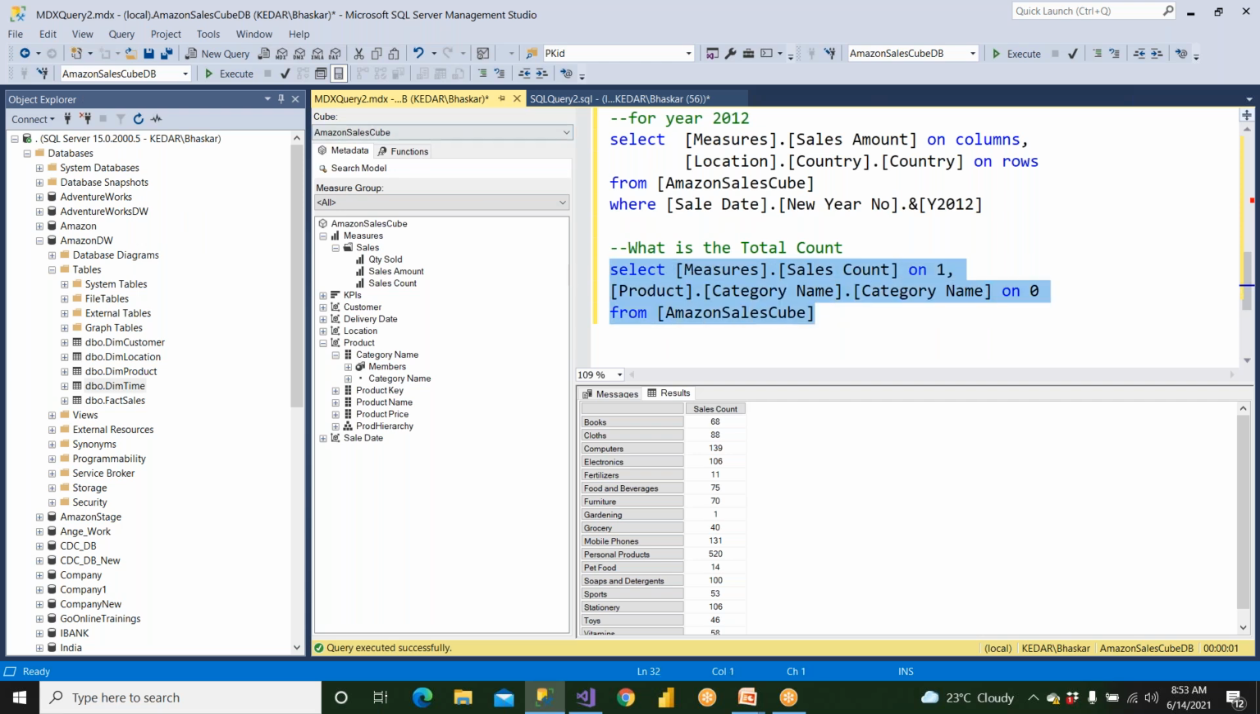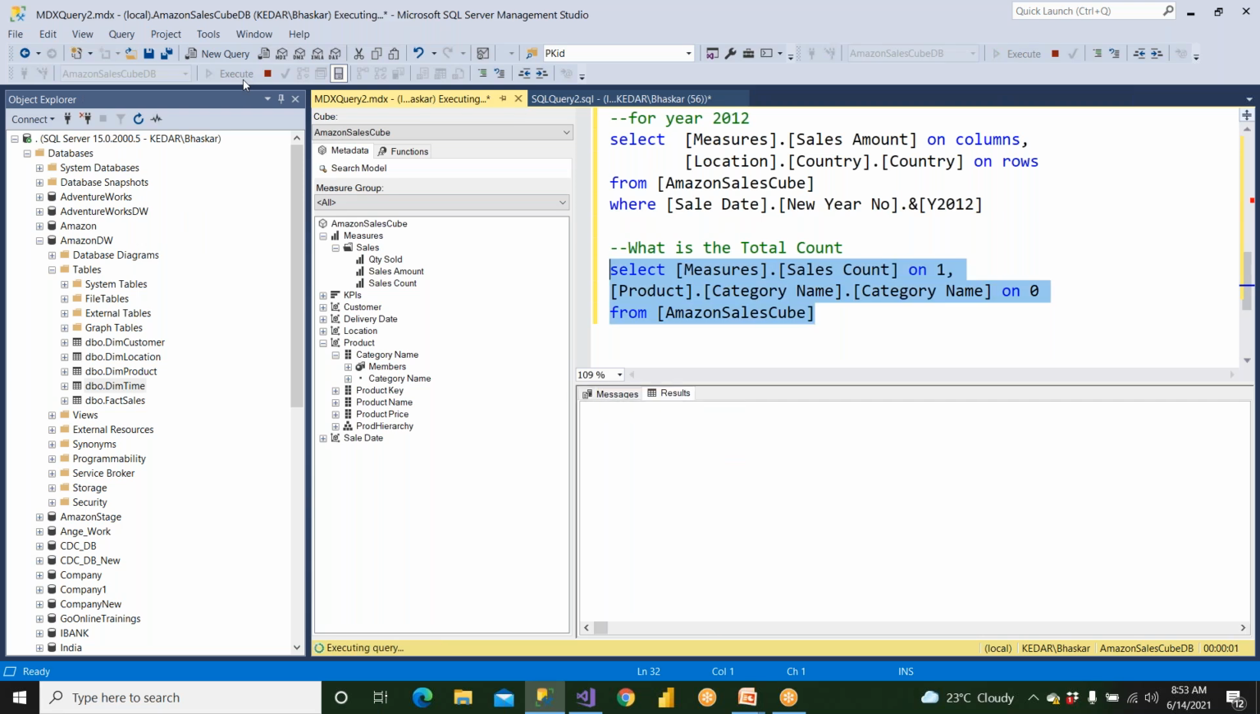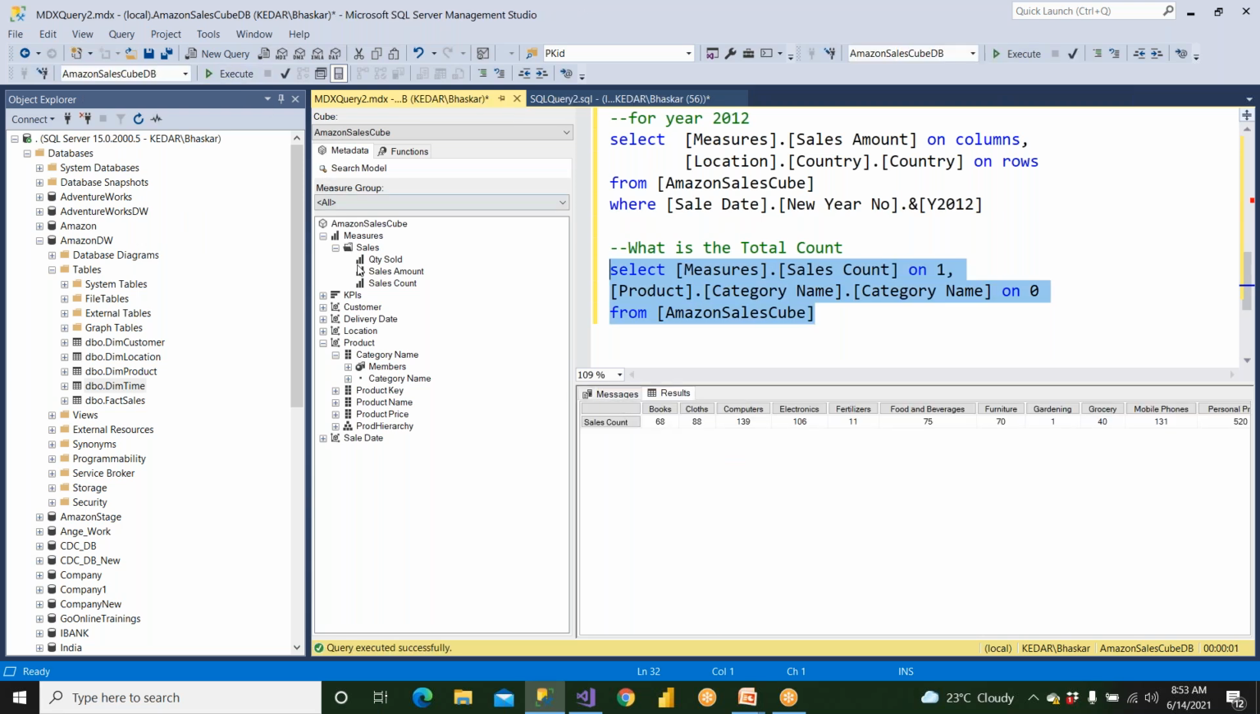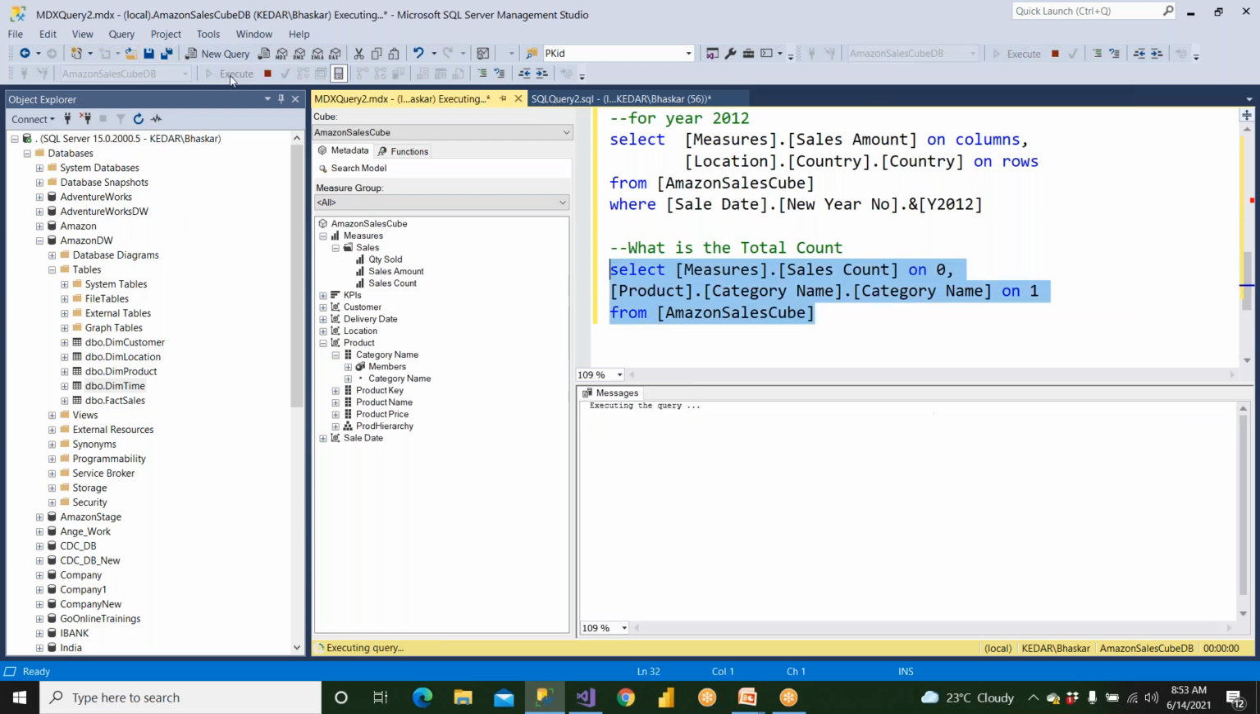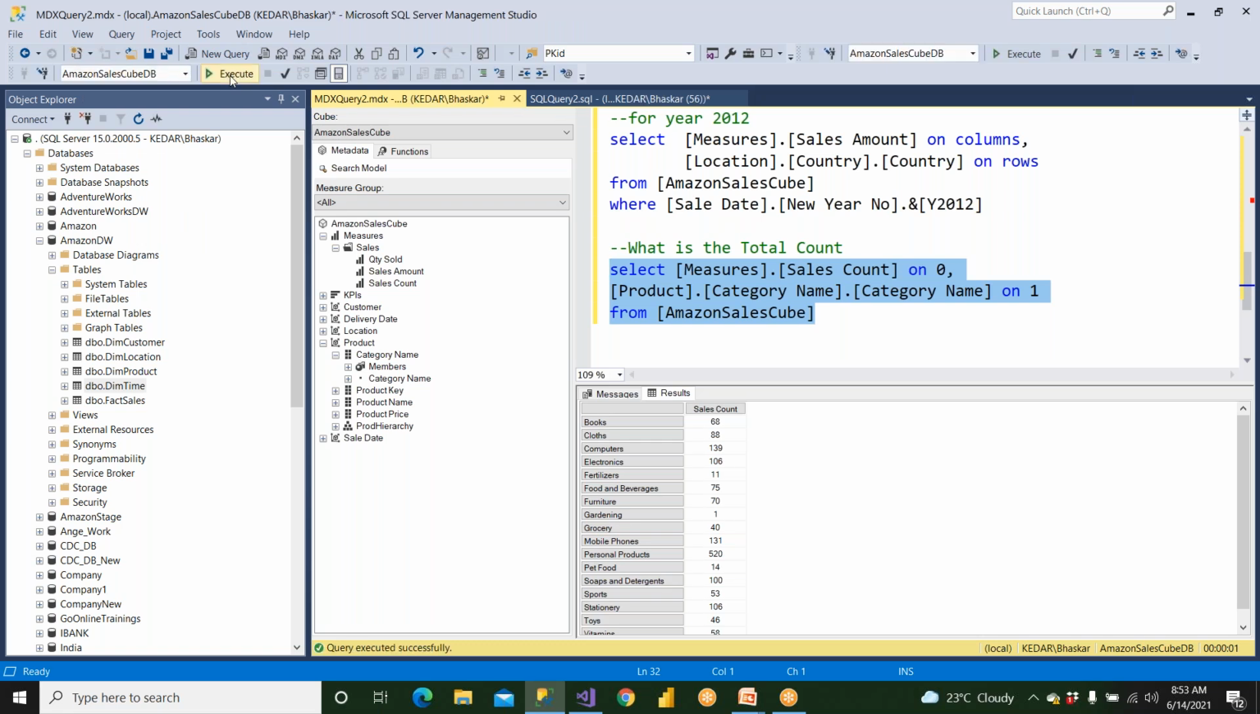Clear? You can interchange, but if you have only one column, that has to be there in the zero axis. It is going to be shown like this. So the best practice is that measures need to be there in the zero axis, and dimensions, this is a dimension, category name is a dimension, need to be there in the rows, y axis. This is best practice. Or you can interchange also. That is not a problem. But you cannot say